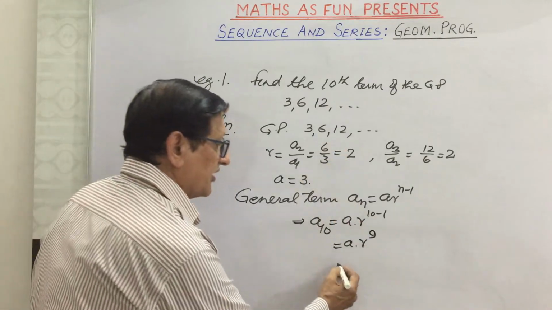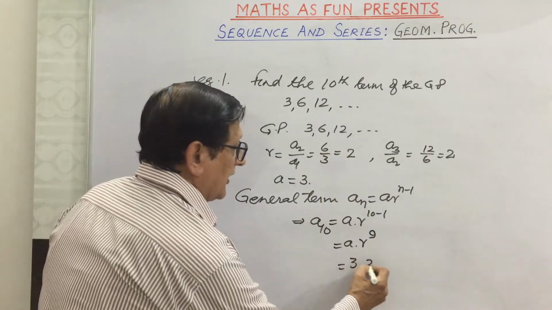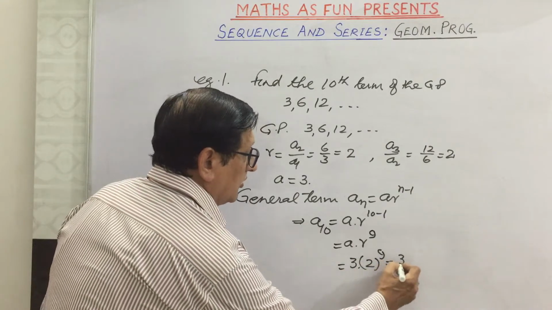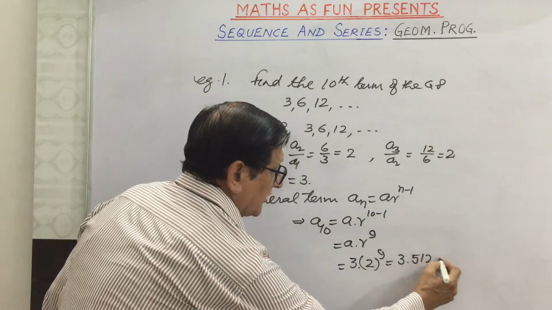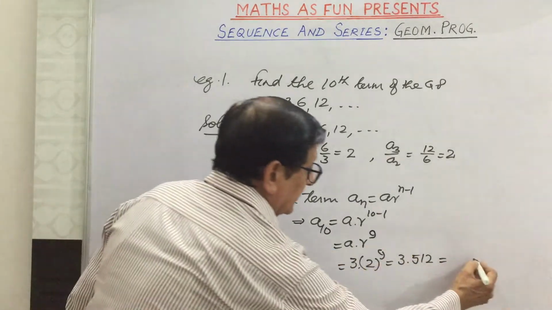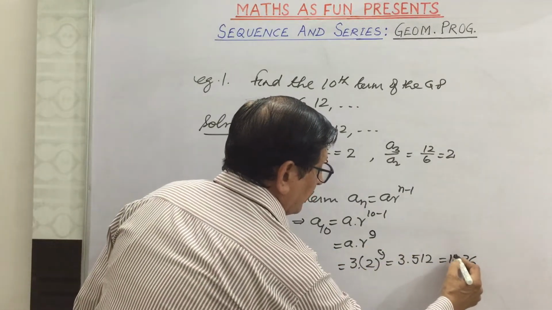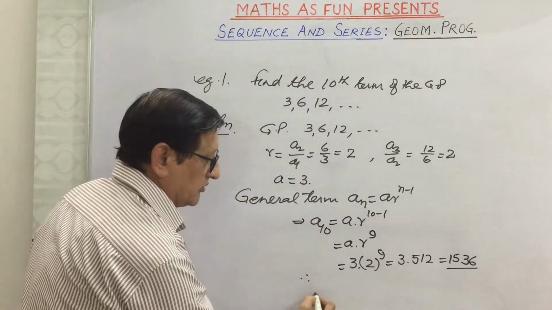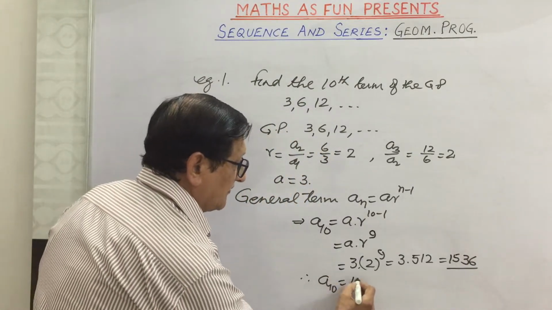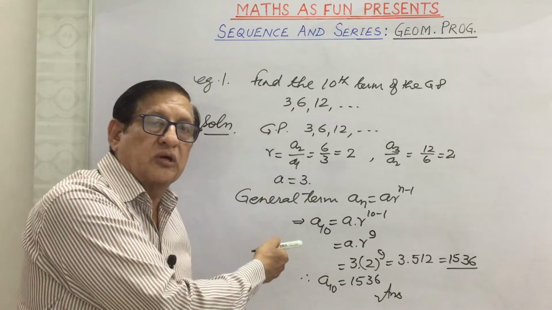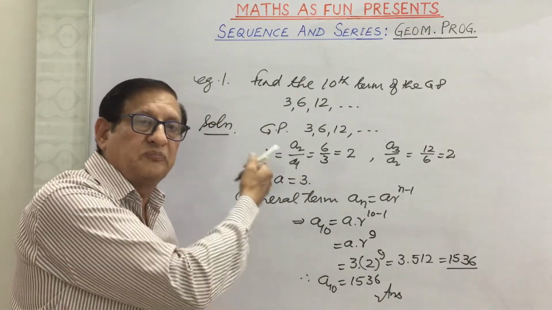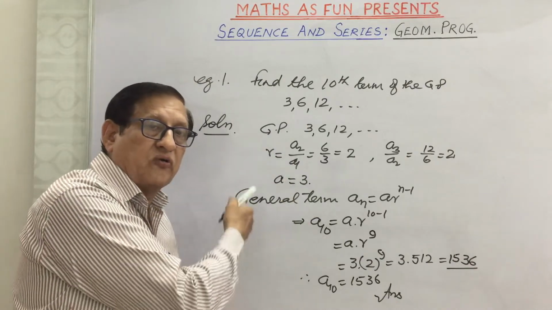Substitute the values of A and R. A is 3, R is 2 and we know the 9th power of 2 is 512. If we multiply, we are getting 1536. It means we can write here the 10th term is 1536. So like this, we can find out any term of the given GP by applying the formula of